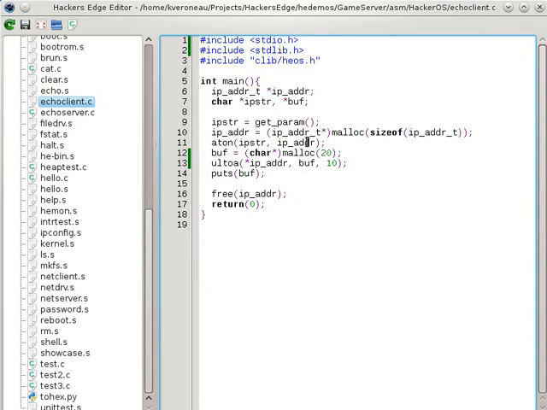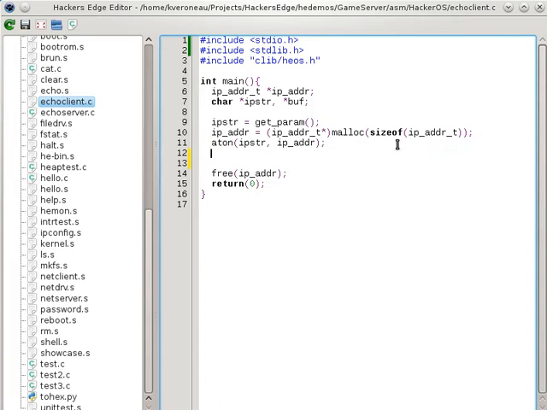So now, okay, I don't need this buffer anymore. I just wanted to make sure that the IP address here was correct. Oh, I didn't free that, whatever. I'm not going to use the buffer anyways. Okay, now that I have that working,